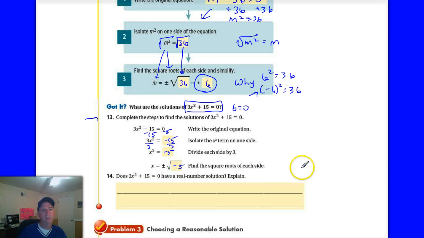All right, so if we try to find the square root of negative 5, there's no solution. That doesn't exist. Can you think of two numbers multiplied would give you negative 5? There are none because it's negative. It's not because it's 5. It's because it's negative. You can't multiply two of the same numbers and get a negative number. Okay, so 14 says, does this have a real number solution? It's no, it does not. No, the square root of negative 5